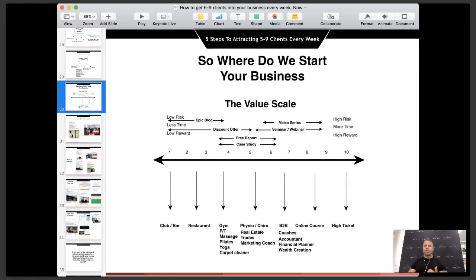So what you're doing is educating them first. So, for us, for example, some people we educate on Facebook ads, and it's like, this is how complex it can be. Let us do it for you. For you, it could be the top 7 trends on real estate right now and how to essentially buy your first house or your first wealth investment house to create wealth and get to 10 properties in 10 years. You do a seminar there, Aaron, on how to look at the trends and how to market them.